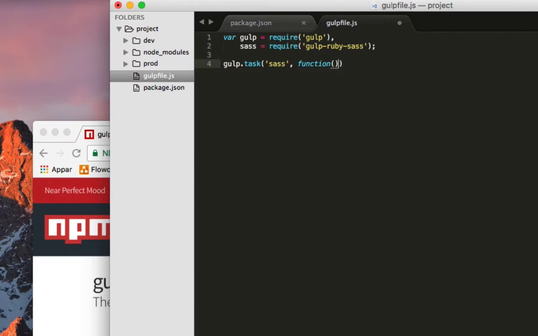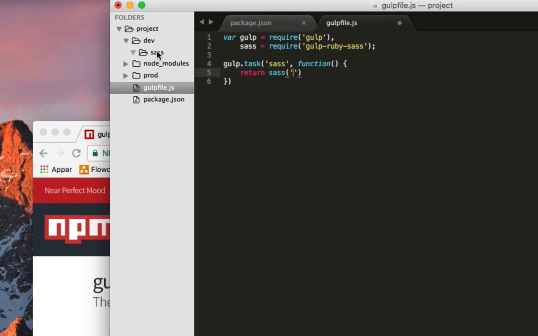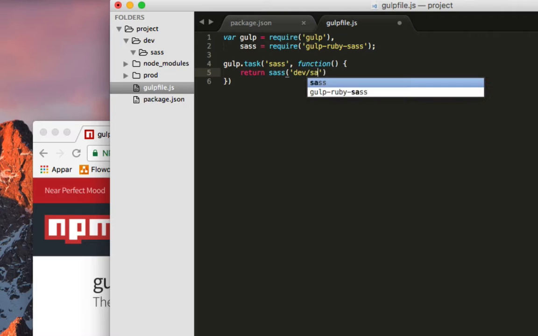In this function I will tell sass where my Sass files are, and as I said at the beginning, we will create all our Sass files inside this Sass folder. So the location will be dev/sass, and I will call my Sass file